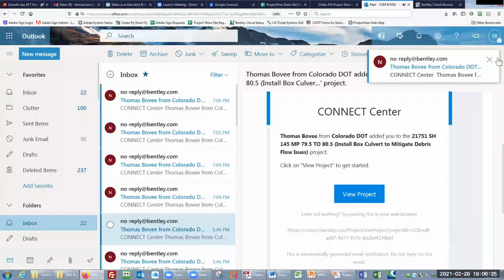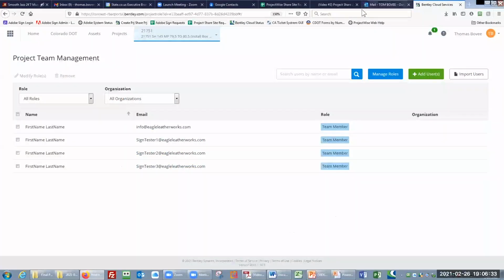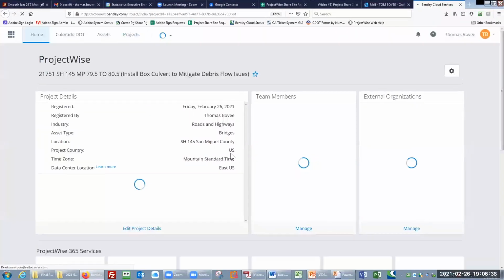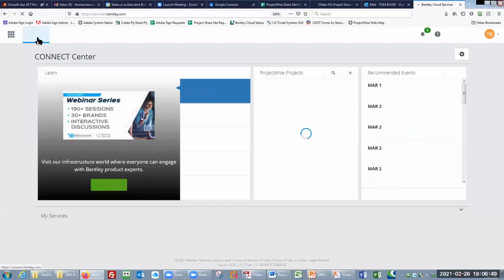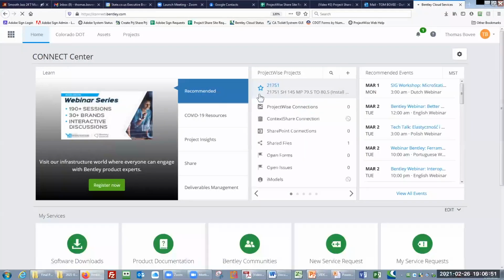That's the last invitation I just sent. And they'll be on the share site. They'll be right where we were. Well, this is in the project. Yeah, this is where they'll end up, right here at their home portal. When they click it, this is what it will look like. They will see the portal. This project will be right here because it's the only one they've had. They can also find it by clicking on projects and typing the number. So if they click on this,